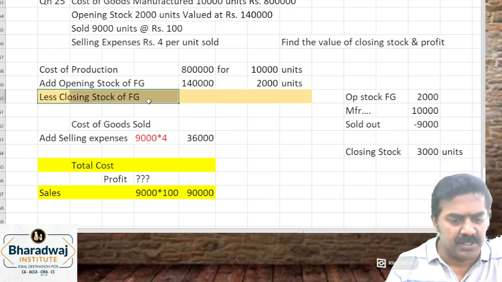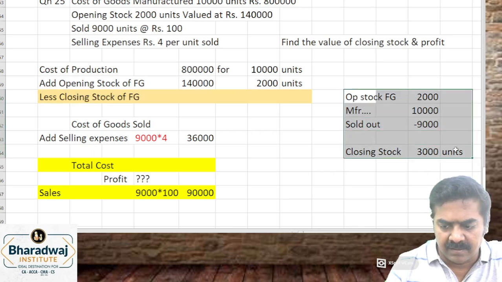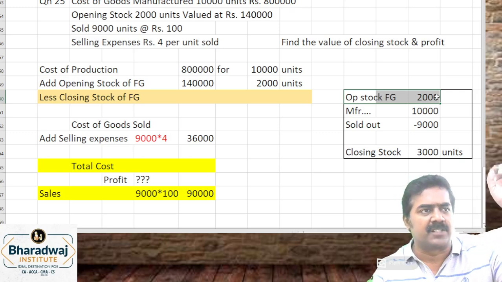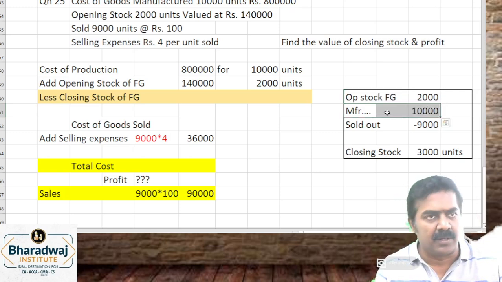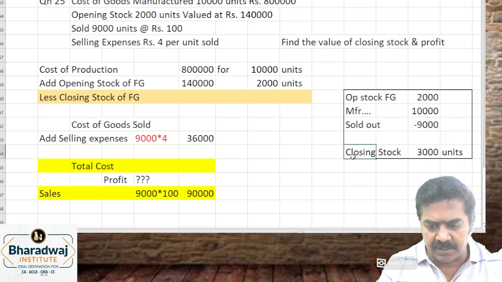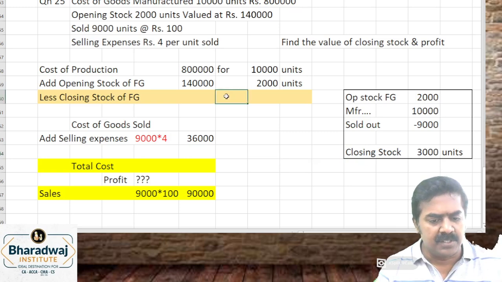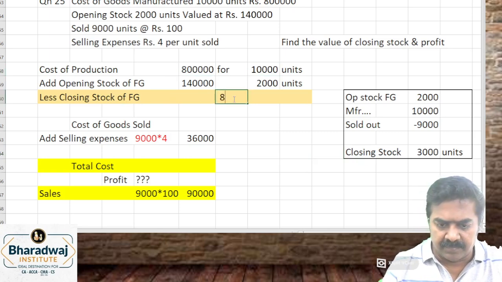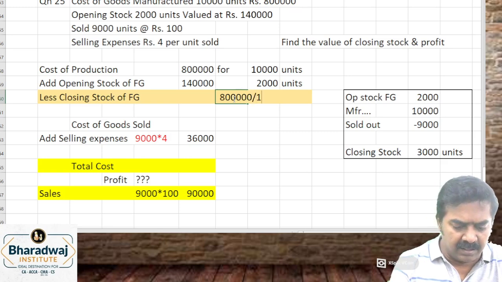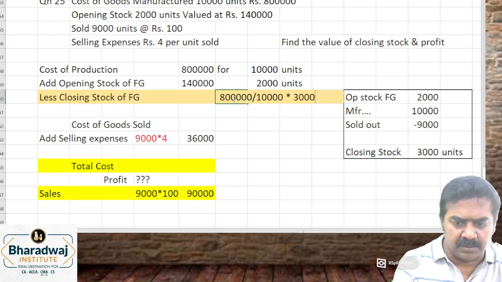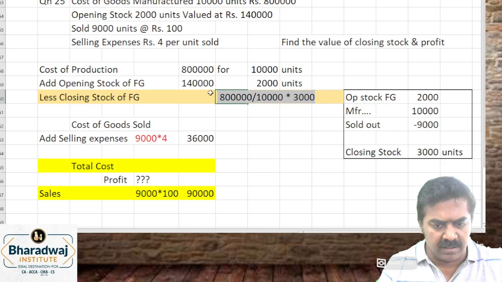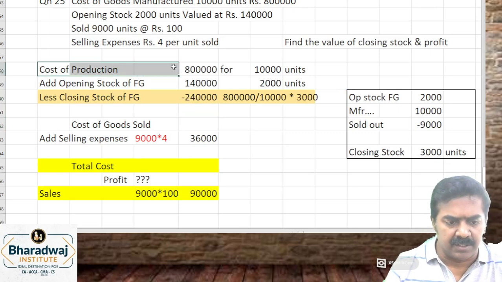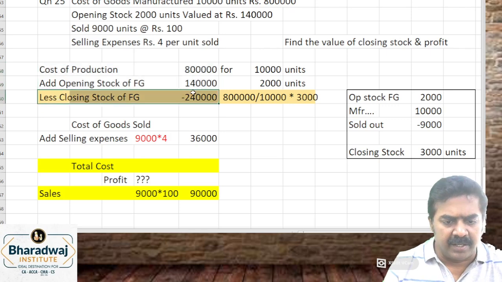How to value the closing stock? No thinking required here. Normal manufacturing: you had opening stock 2,000, you manufactured 10,000, so 12,000 available. How much you sold out? 9,000. What is the closing stock? 3,000. How to value? Simple. 8 lakhs we spent for 10,000 units. What is it for 3,000? So, cost of production, add opening stock of finished goods, minus closing stock of finished goods